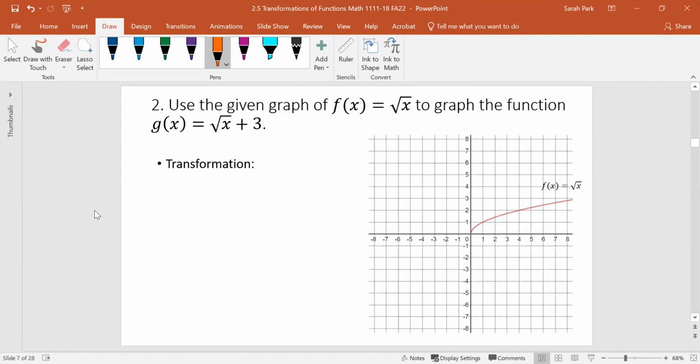Let's look at number 2. Here is a square root function. The square root function, square root of x, is centered at 0, 0, and it increases to the right. So this is the original graph that looks like this. We're taking that function, calling it g of x, and adding 3 to it. So adding 3 to the square root of x would be a vertical shift. You're adding to the function,